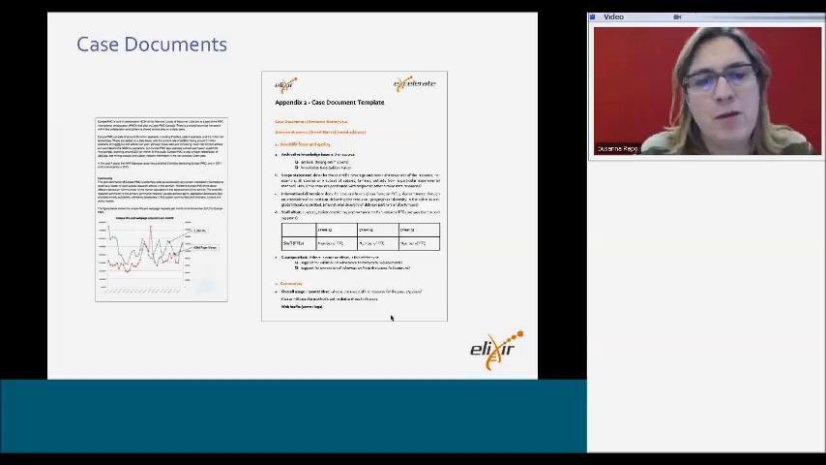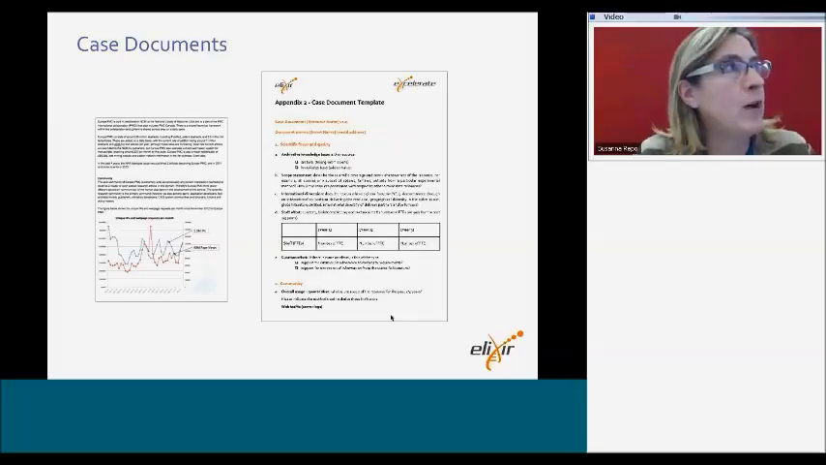And so this is why I've gone for this case documents model. This is a somewhat old slide, but in the paper that's on the Elixir channel, again, there's an example of the template there that can be filled in. We've just started doing some of this here at the EBI, and what we found is that the template works reasonably well. There are some things that we want to put in that aren't quite on the template or not quite right for the resource, in which case,